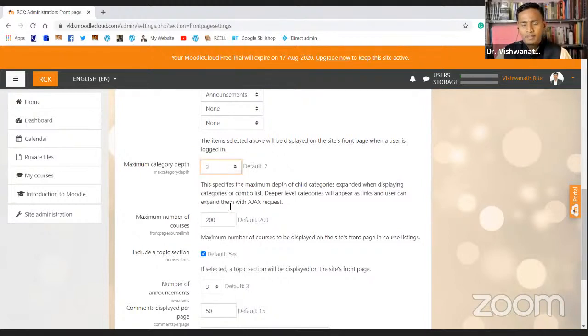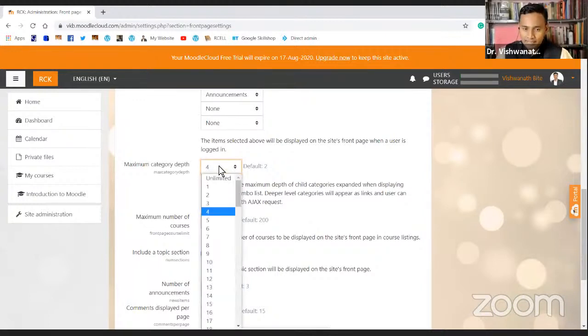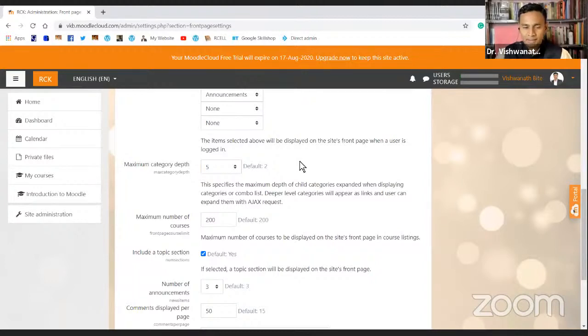For example, if in my college there are only 3 faculties: arts, commerce and science, we don't want a fourth category. Or even if perhaps we want to offer some faculty development courses, at that point perhaps we want 4 categories to be shown. So better, I just kept it 5.